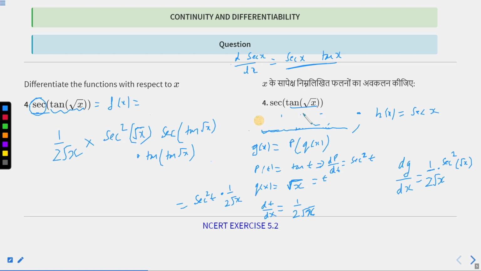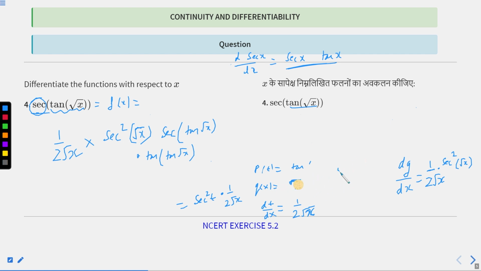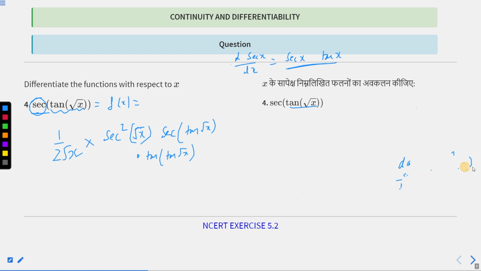Forget this whole thing. What I have just written, just forget it. Don't get confused. Otherwise you will get confused if you go through the steps and theory. It will make your head scratch. So the simple way is very clear.